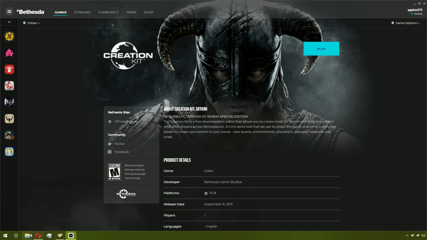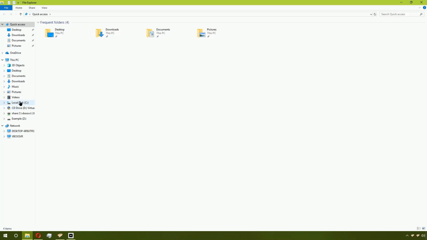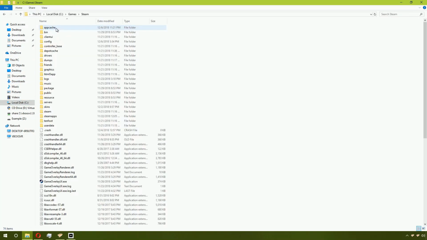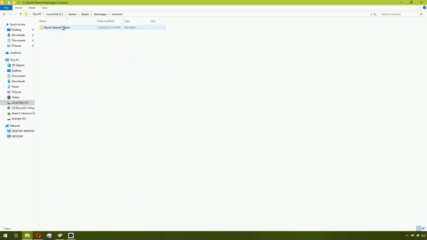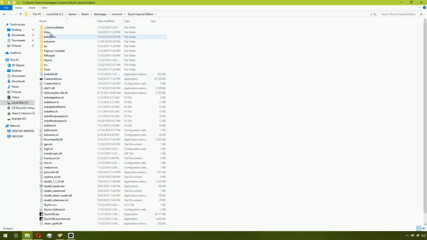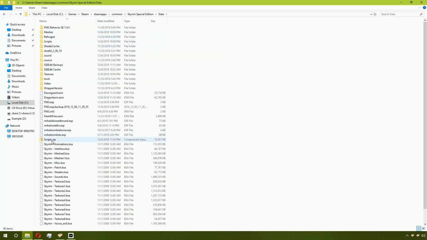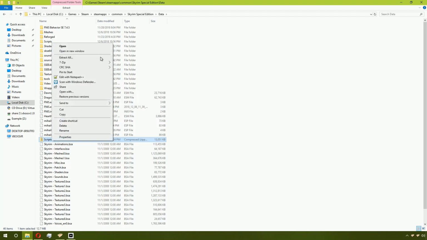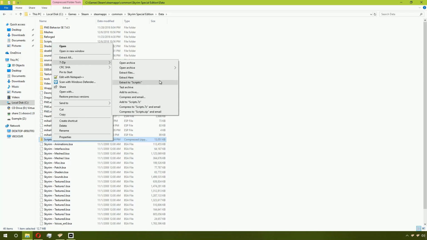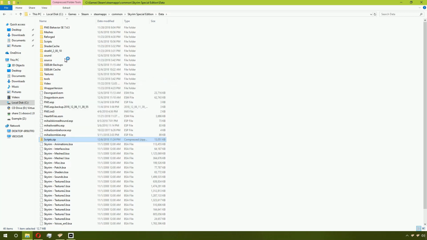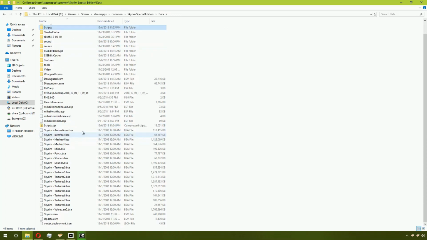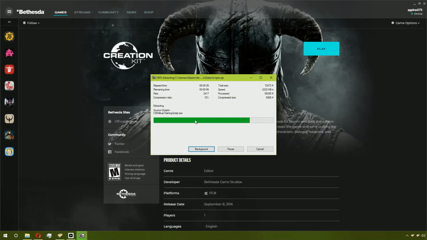Once it has completed, go into your game directory and in the data folder you will find a scripts.zip file. Extract this to scripts. Now that that is done,